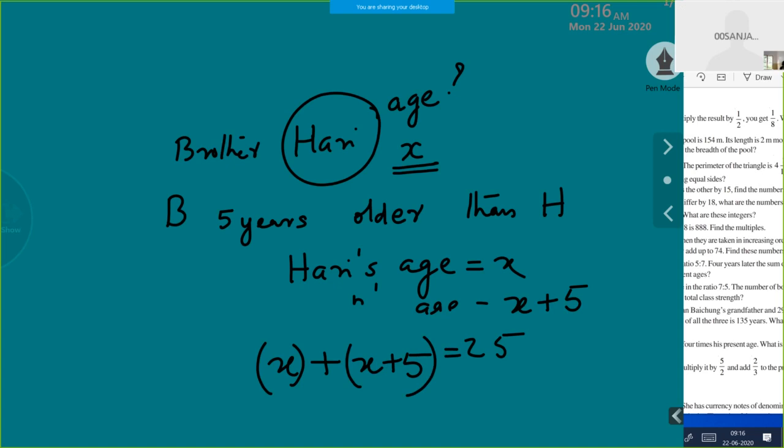This part I'll explain because you have learned how to add. Like terms should be taken together. So here the like terms are x and x. So x plus x plus 5 is 2x plus 5, equal to 25. How to solve this we learned last week. That solving part we have already finished. So this is the procedure. I'll just revise once again what I explained.